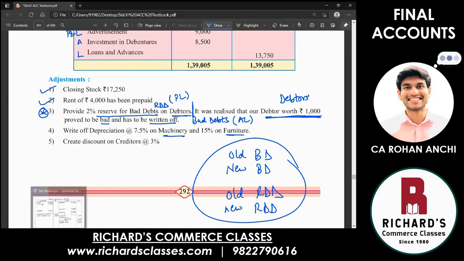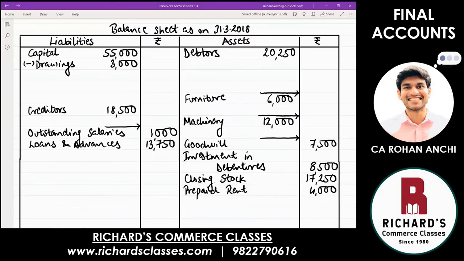So let's record that. So debtors, 20,250 is not what you are going to receive. One of the customers is not going to pay you. Less bad debts. And how much is that amount? 1,000. Deduct and write the total again in the inner column itself, because there are 2 adjustments out of which only one is over. So don't put it in the outer column. One more adjustment is pending. So deduct. How much is the value of debtors now in the inner column? 19,250.